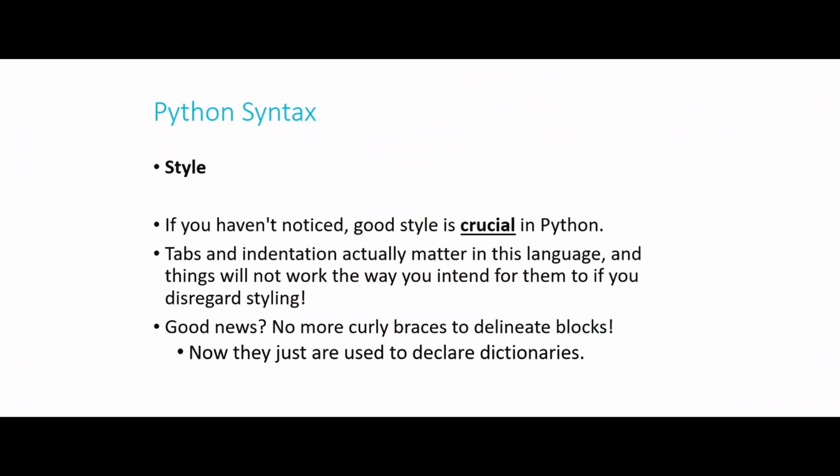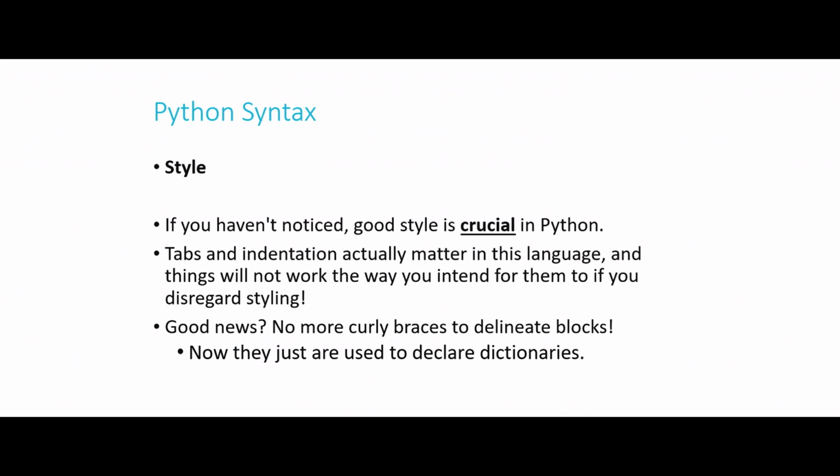So even though this may be very unfamiliar and new, especially coming from a language like C, if you go forward and do object-oriented programming in languages like Python, like PHP, like JavaScript, or like many, many others, this notion of methods, properties, and how we work with them is going to be really important. So if you haven't noticed by now, good style is really, really important in Python.